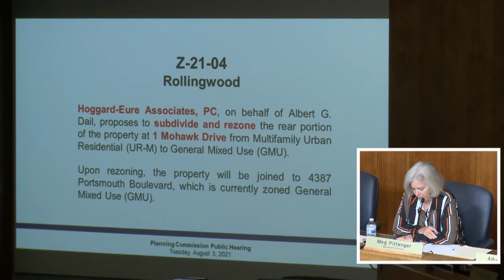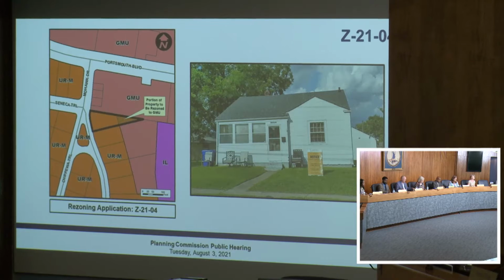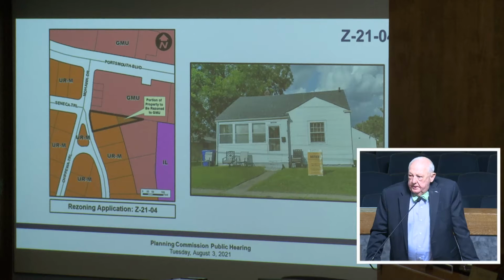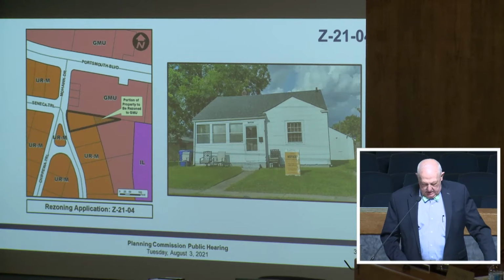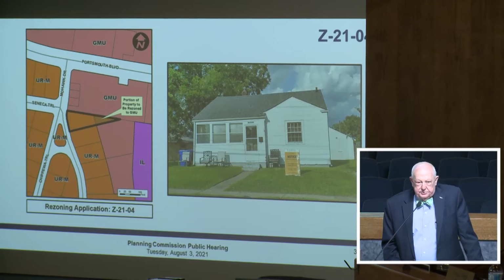Will the applicant or representative for this application please come forward and present your application at this time? Good afternoon, Chairman Williams and members of the Portsmouth Planning Commission. I'm Rayford Ure, Hoggart Ure Associates, 901 Port Center Parkway, Portsmouth, Virginia. I'm here to represent Mr. Albert Dale in the rezoning of this triangular portion of property that is contiguous to property already zoned commercial, industrial, or whatever. And this is something that probably is long overdue, but it just got around to doing it with the